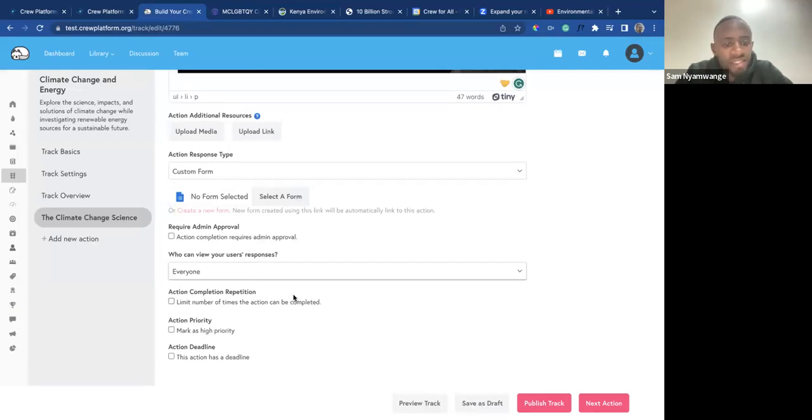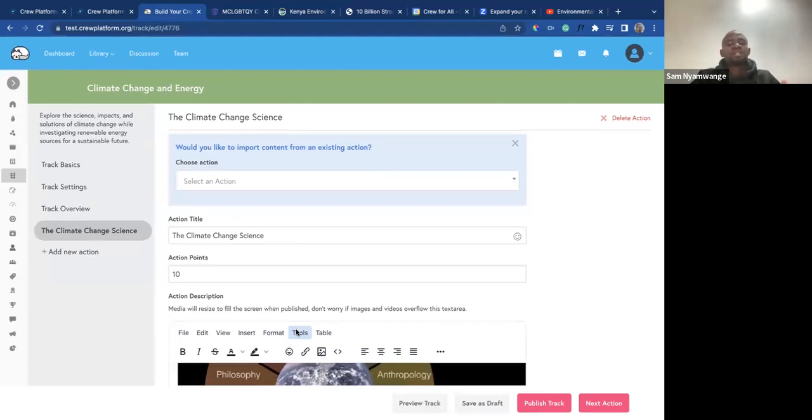Finally, you have action completion repetition. How many times can one repeat that action? Whether the action is high priority. If you mark the action as high priority, then a red dot will appear beside that action so that it pulls the attention of the user towards that action, and then whether that action has a deadline. So you need to repeat that process to create all the actions that you need in that particular track. So let's, for example, publish this track